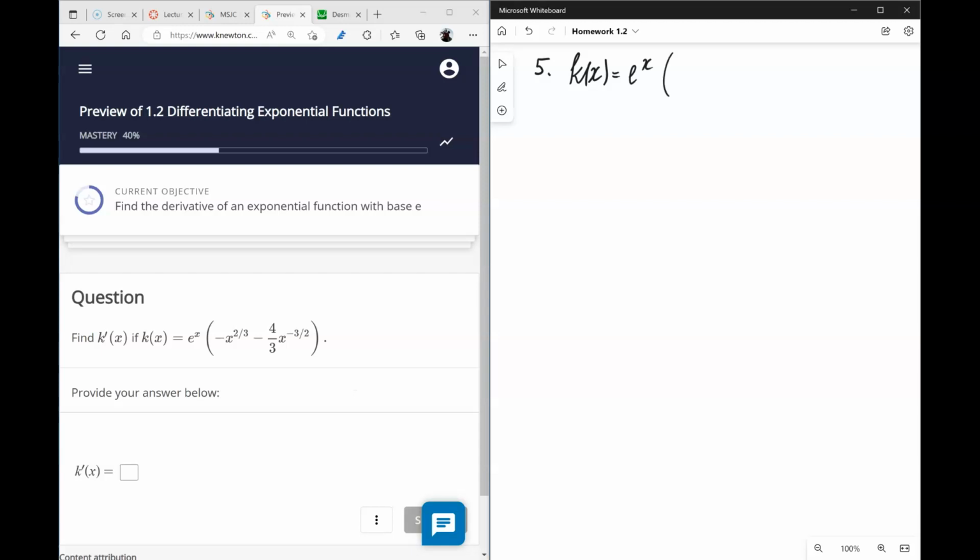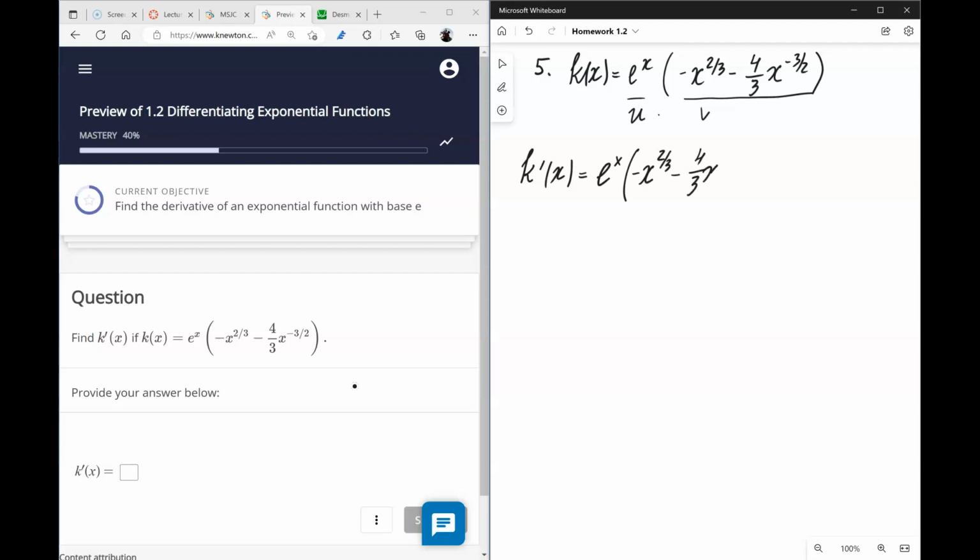Another function. So now we have an exponential function multiplied by, technically it's a radical function, but it's written as a polynomial, so it should be easy to differentiate it. We recognize this as a product, so we're going to find the derivative using the product rule. I'm going to start skipping steps and try to be more efficient here. We're going to use the product rule, so it's u prime v plus u v prime. U prime is e to the x, v is just me copying this,